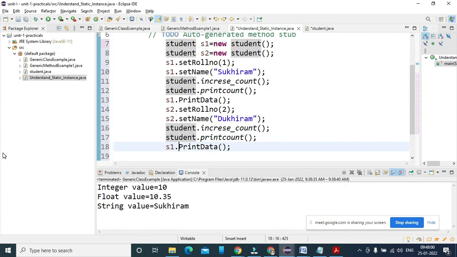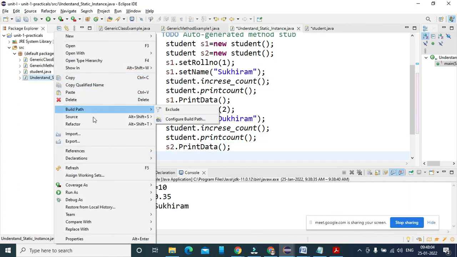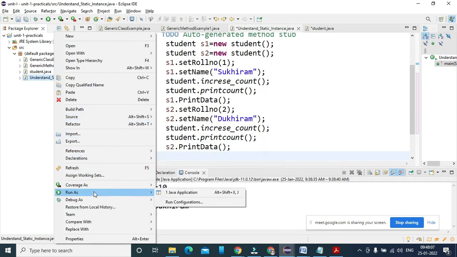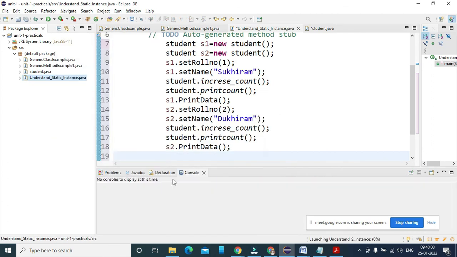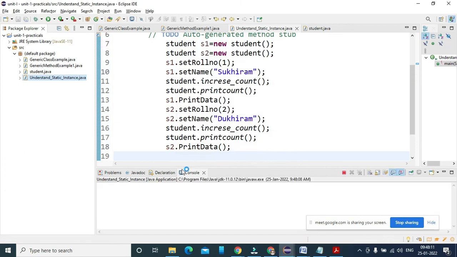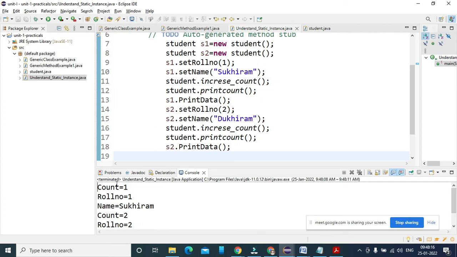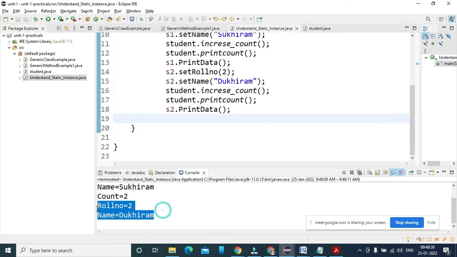So please understand, I am calling the static and the reference variables in different ways, static and the other two variables. So I am running this. If you look at that, there are two objects. This is count 1 initially, and roll number 1 and Sukhiram is there, and then there is an increase count, that is count 2, and then it's going to print the data of Sukhiram.